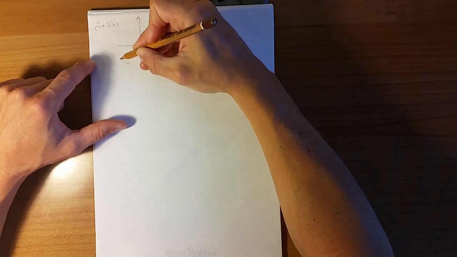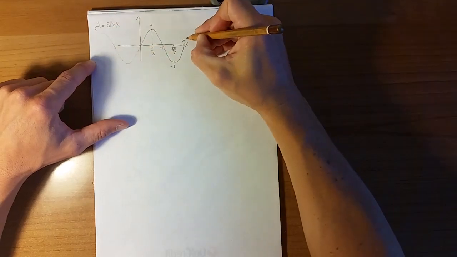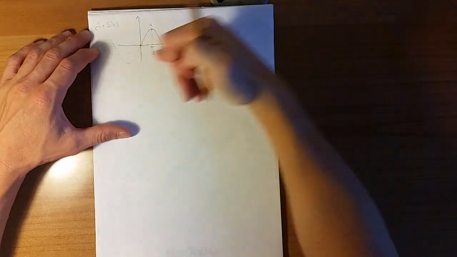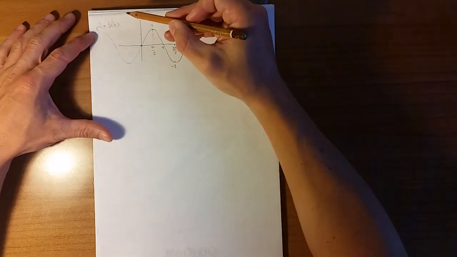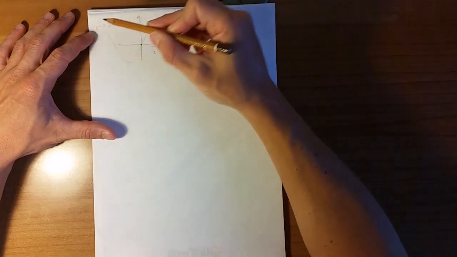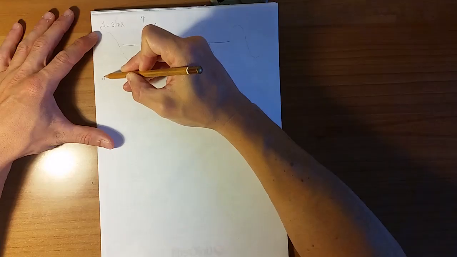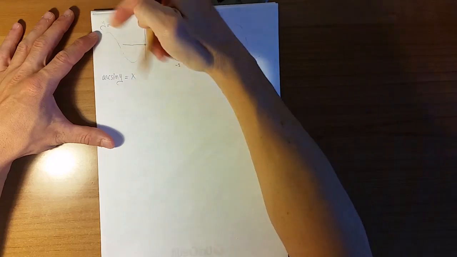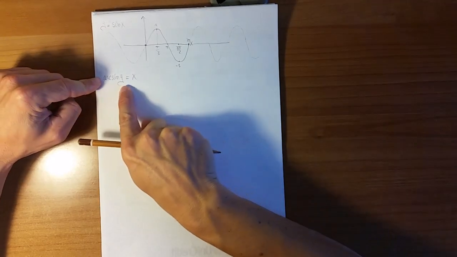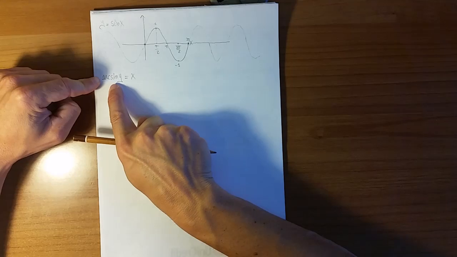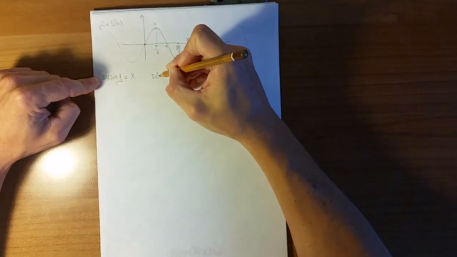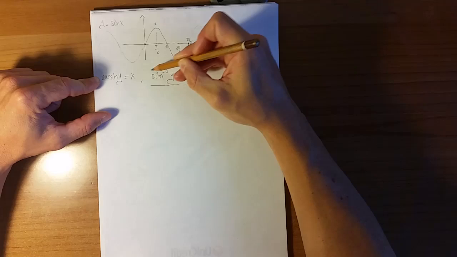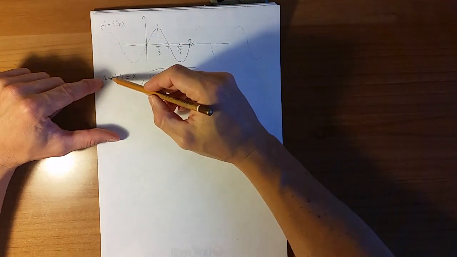And also take into consideration the fact that this is a periodic function, so it continues all the way from minus infinity to plus infinity. It never stops. When we consider the inverse function, in particular, some people call it the arc sine, and some other people call it the inverse sine. Sometimes it can be called arc sine of y equals x. If we take the inverse in both sides, we get arc sine of y equals x, and I will call it probably in this way. I'm used to doing this, but some people call it sine inverse y equals x. So maybe I will choose this one because it's probably more intuitive, but some people use this kind of